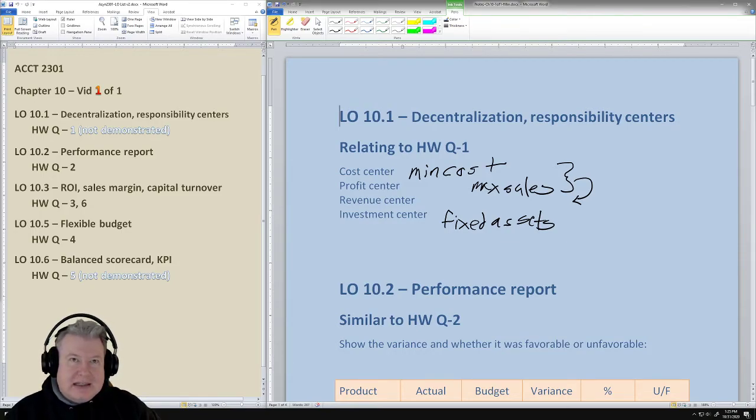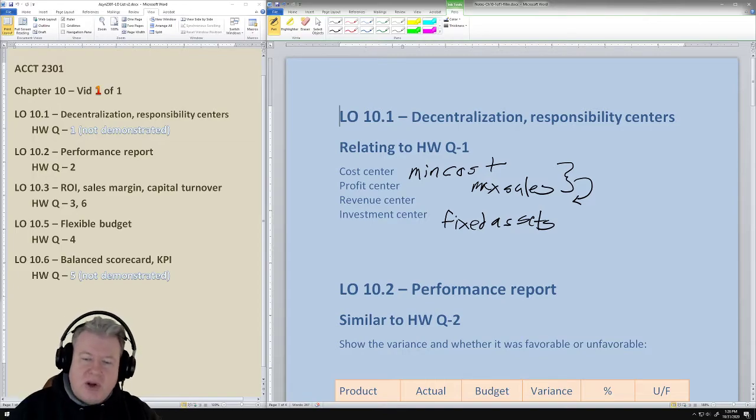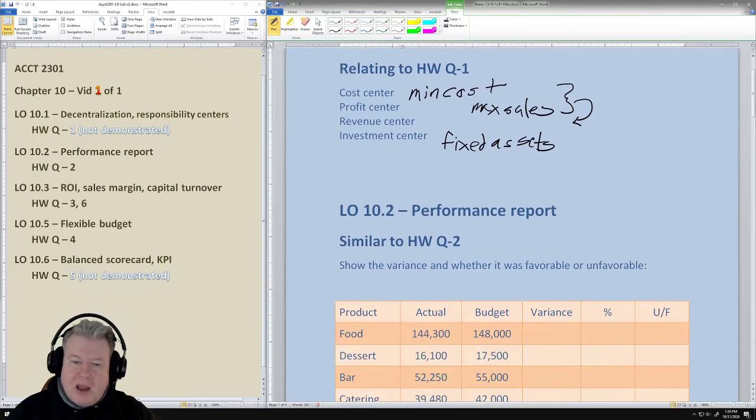So it's kind of different levels of accountability and I guess inclusivity about how much the different divisions would be focused on. So that's the responsibility centers. Decentralization is how much from the headquarters to the various divisions do you devolve responsibilities, and they result in these different types of centers. But please make sure you read the textbook or the PowerPoints to kind of get a fuller picture.